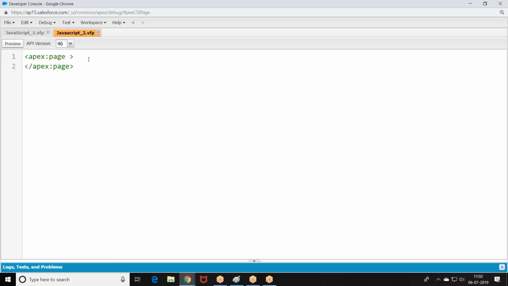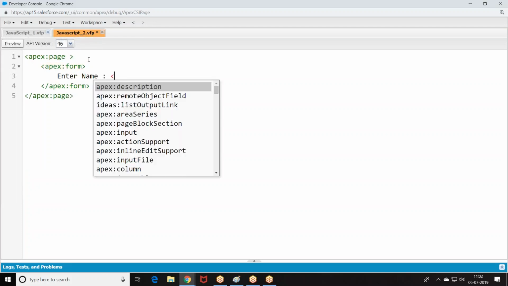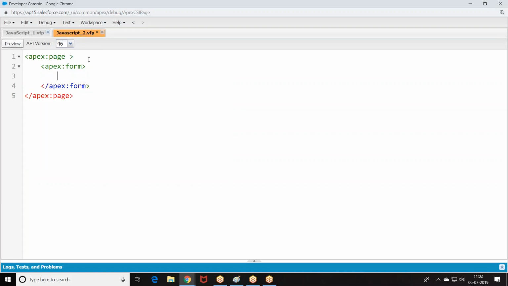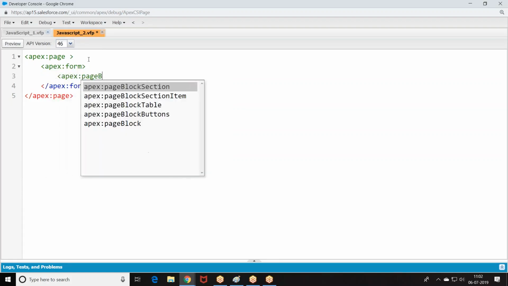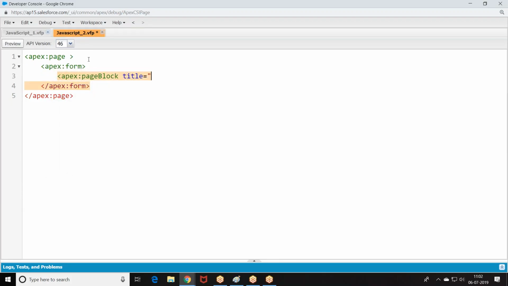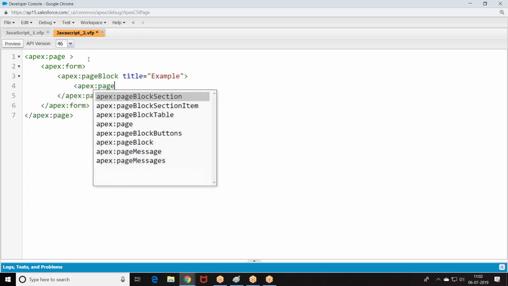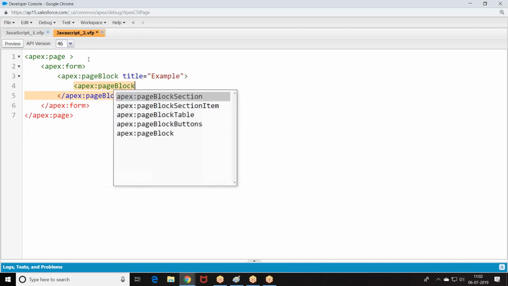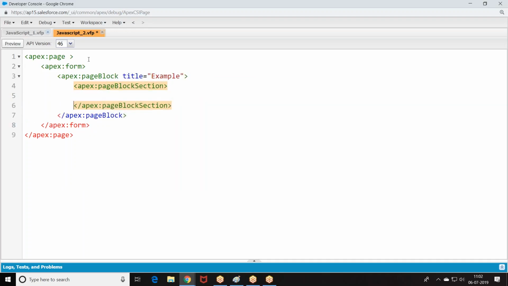Look at the story. I was taking apex form, enter name, page block section.